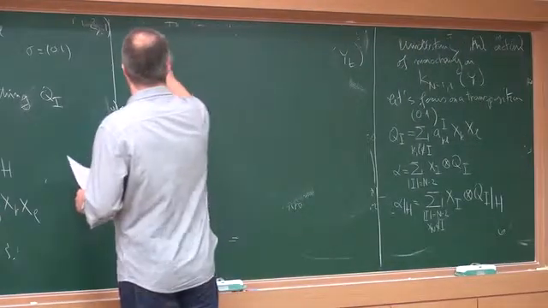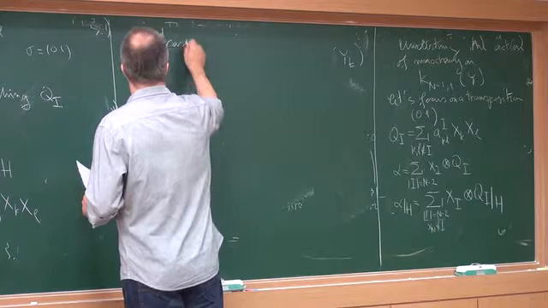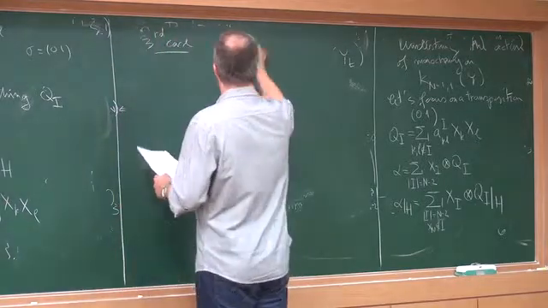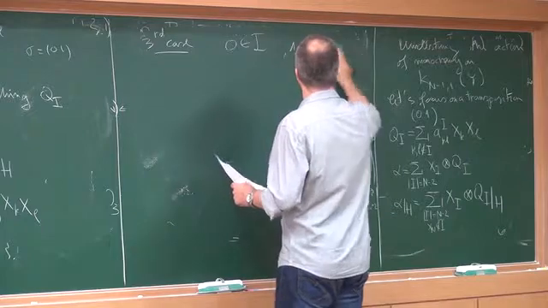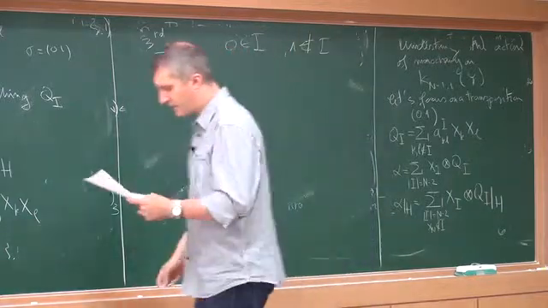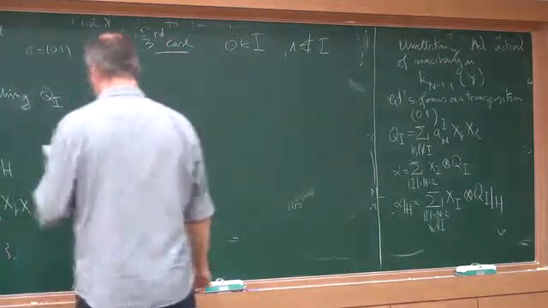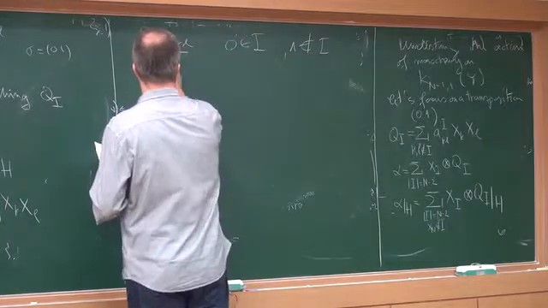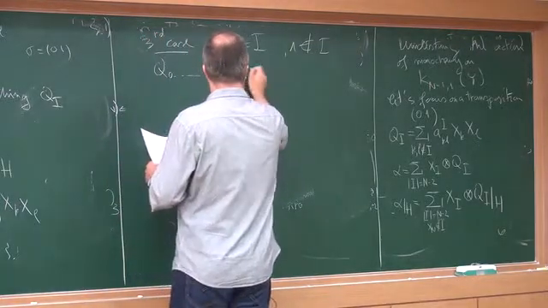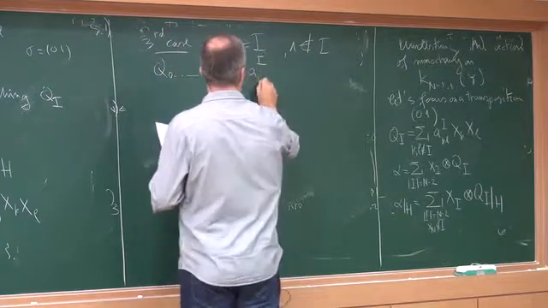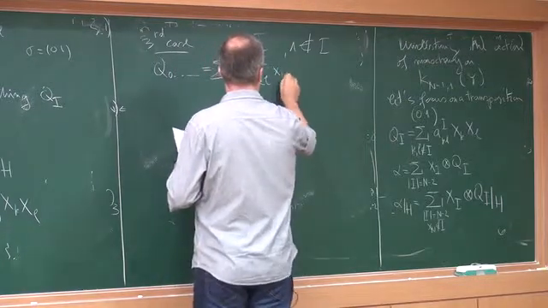So the third case is when 0 is in I and 1 is not in I. And of course the symmetric case when 1 is in I and the other one is not. And then we can write Q0 to be the sum A_I K L x_K x_L,